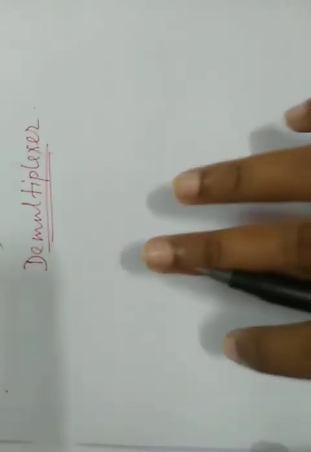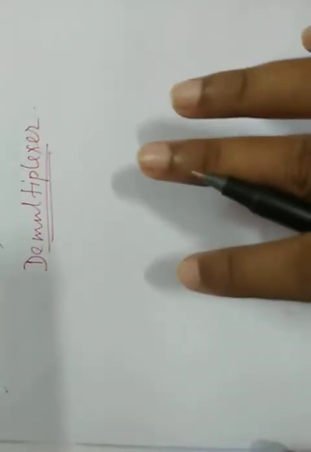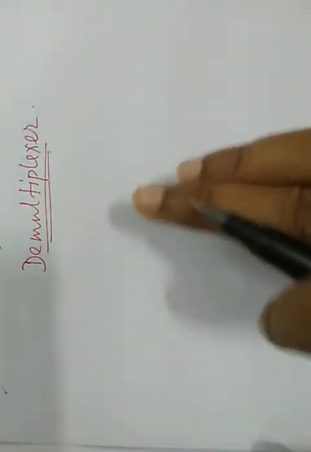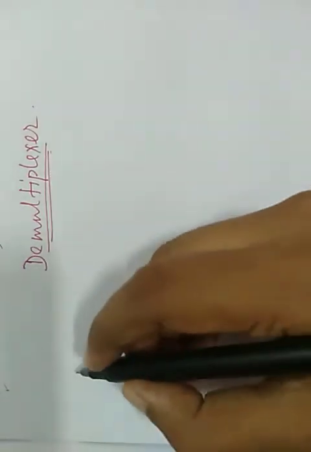Welcome students. In this video we are going to explain about demultiplexer. A demultiplexer is a combinational circuit which works as the opposite of a multiplexer. In a multiplexer, among several input lines we can select only one input and direct it to the output, and in a demultiplexer it selects